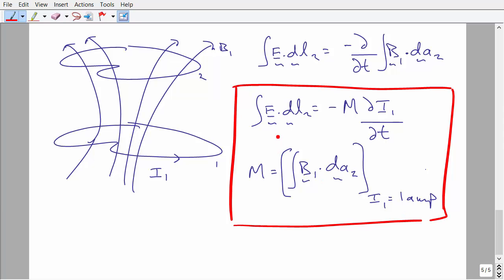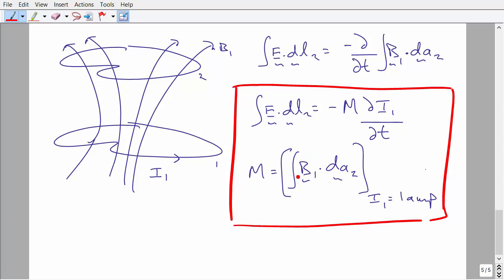Okay, so the idea here is the following: B1 is linearly proportional to I1. Furthermore, the only way we can have a time derivative of B1 is through a time derivative of I1. So it makes sense that we should indeed be able to write it in the following way. And furthermore, if we compare this equation to this equation, straight away we find that M must be the